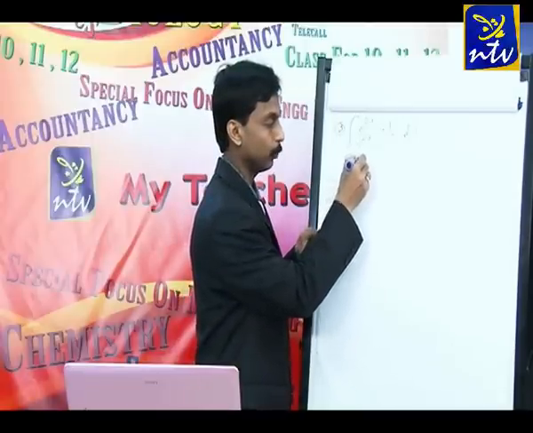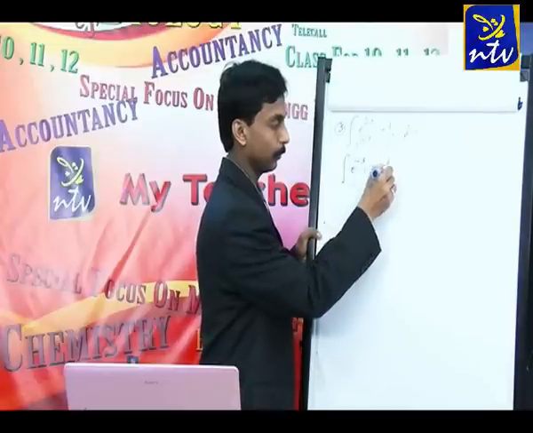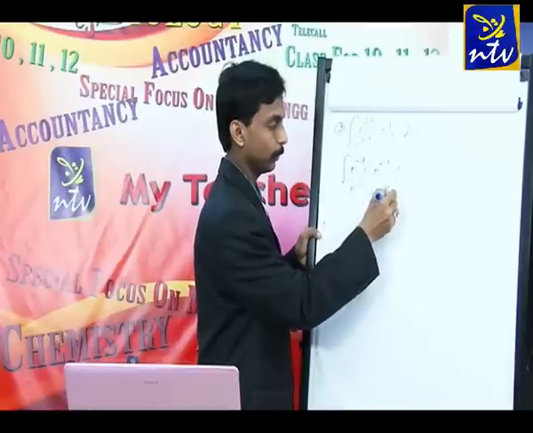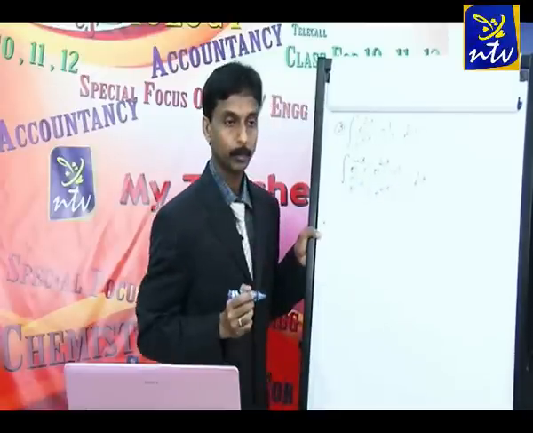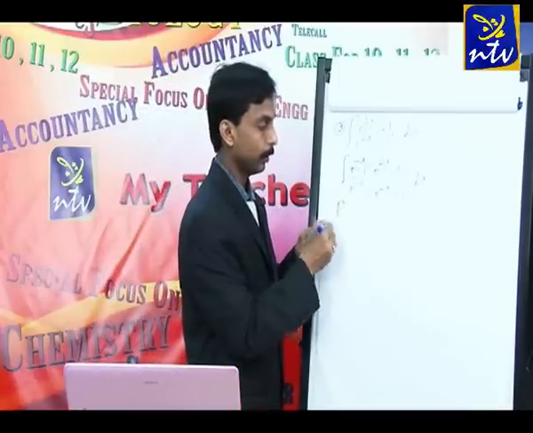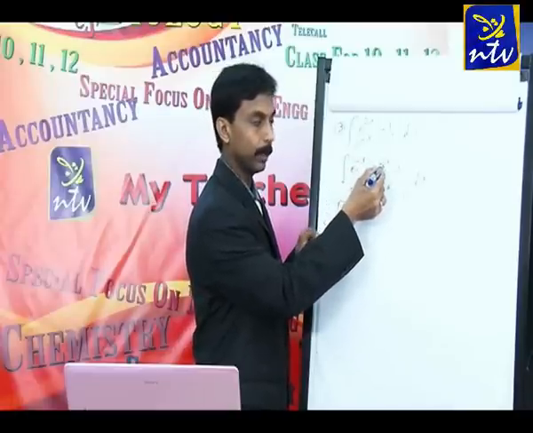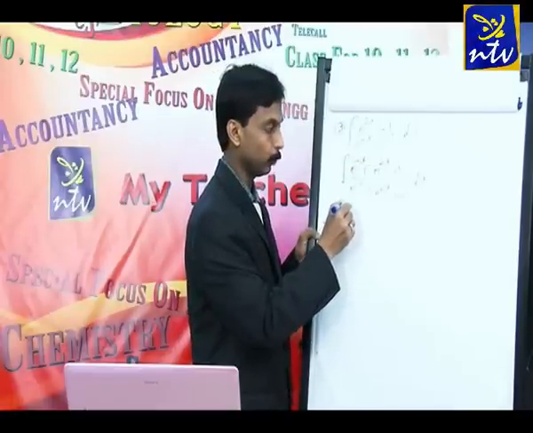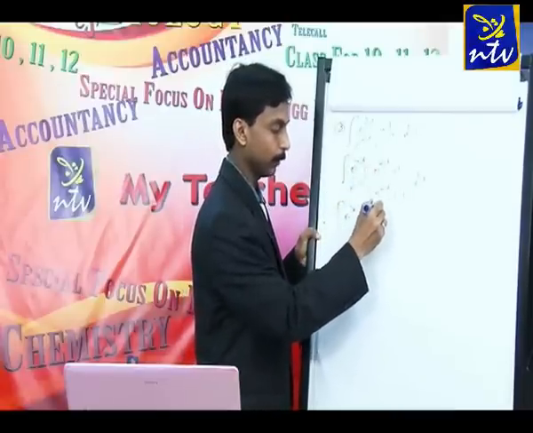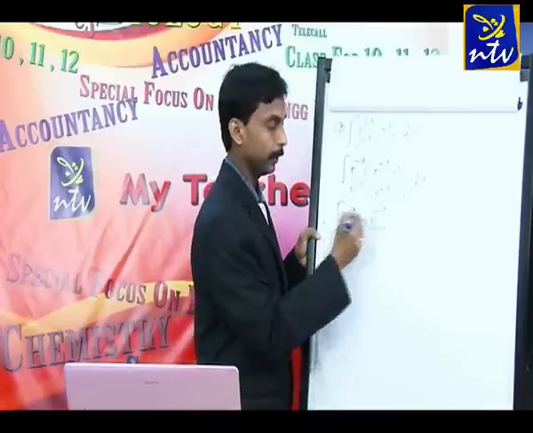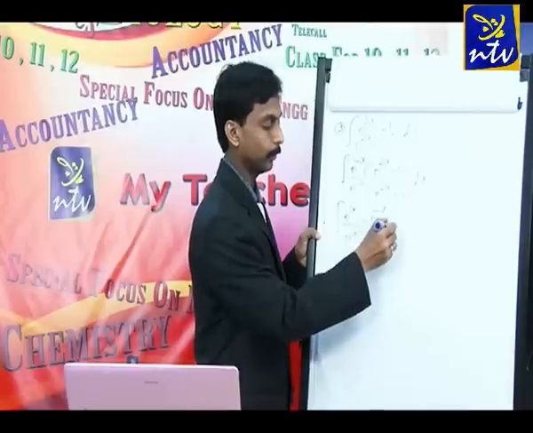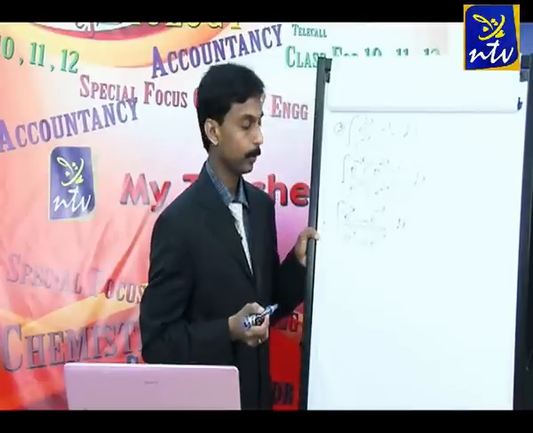So if you multiply by e raised to minus x, the numerator is e raised to minus x into (e raised to 2x minus 1), and the denominator is e raised to minus x into (e raised to 2x plus 1), into dx. Both numerator and denominator we multiplied by e raised to minus x. It is very clear: e raised to minus x plus 2x will be e raised to x. Here e raised to minus x into 1 is e raised to minus x, divided by the same e raised to x plus e raised to minus x, dx.